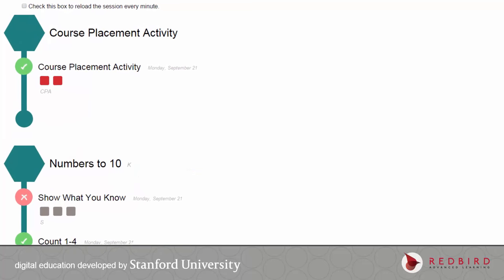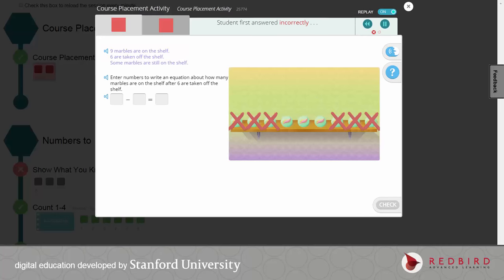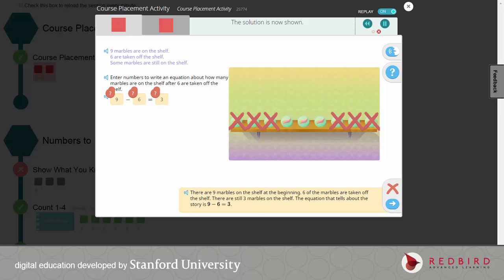If we dig a little deeper by viewing a replay of her course placement activity, it becomes clear that she wasn't really engaging with the program. She was just clicking through by typing ones. She also didn't view any of the helps or hints. So now might be a good time to step in and make sure that she's using the program as intended,